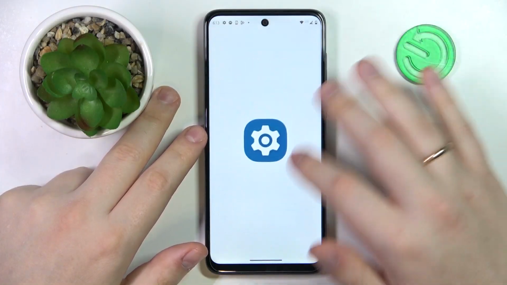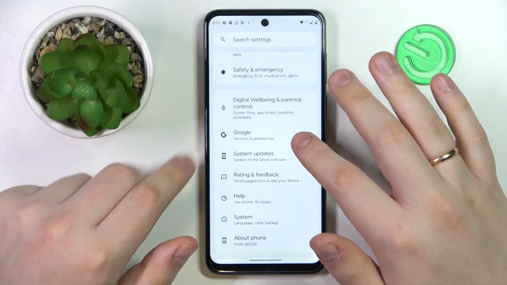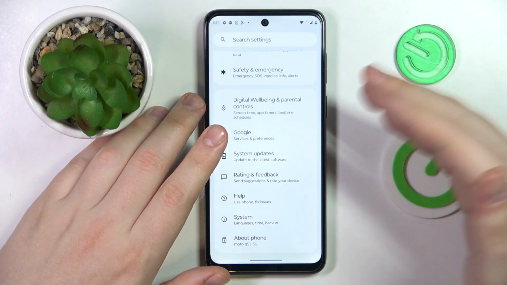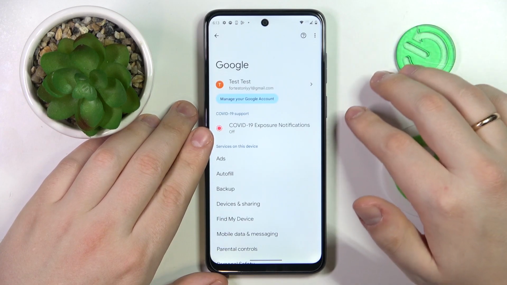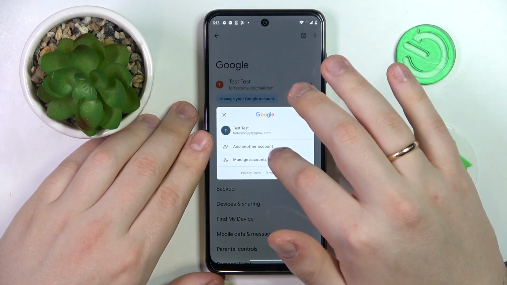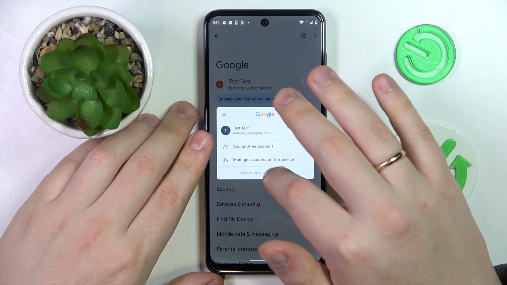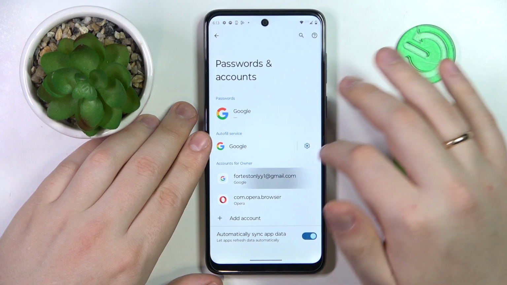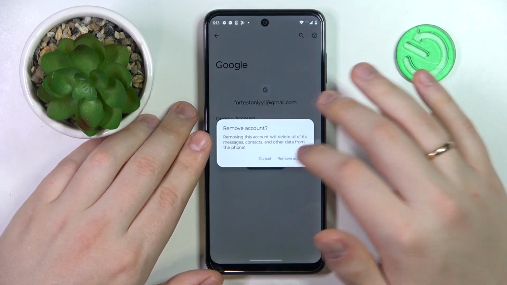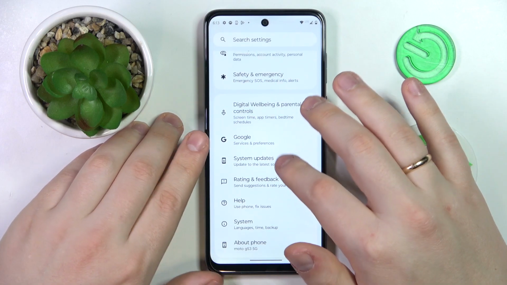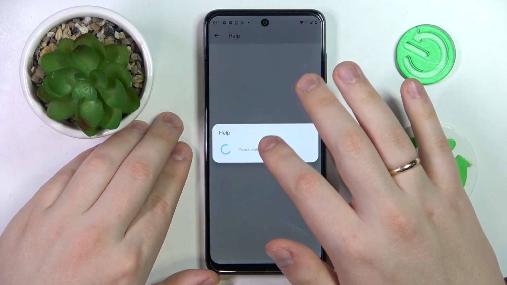So, to begin with, the first step you need to take is to check whether you have any linked Google accounts over here at the Google category of settings. If you have any, just tap over here, go into manage accounts on this device option, and remove all the accounts that you have over here one by one, or all Google accounts, should I rather say. So once this step is out of the way, and you have no Google accounts added,